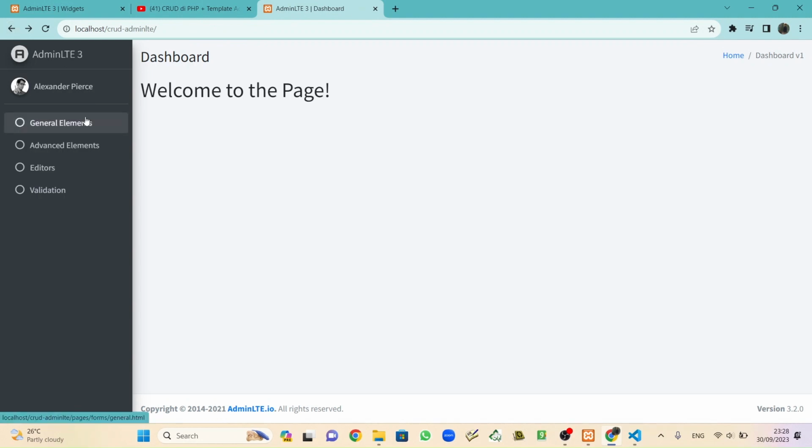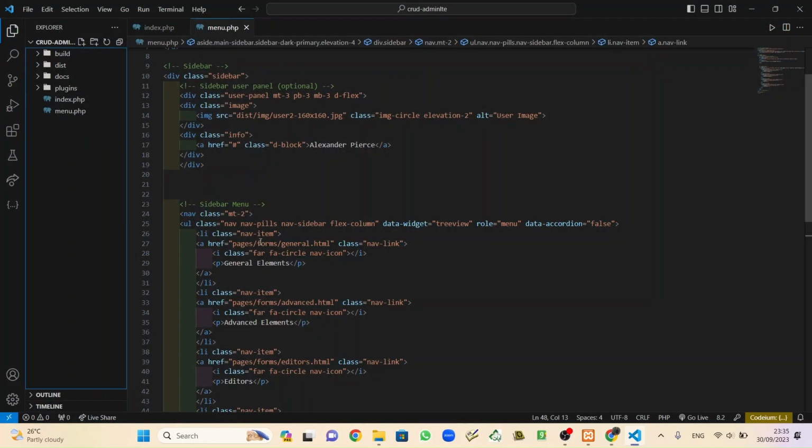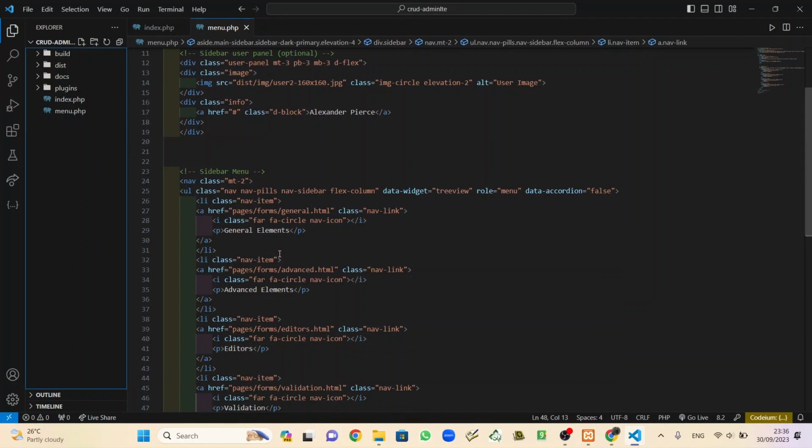So we will change the redirecting page. So the first one, what we will change is this one. We will make a folder that will link inside there. Okay, just make a folder.